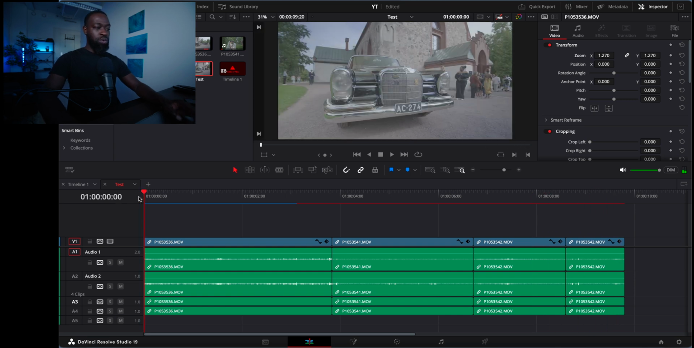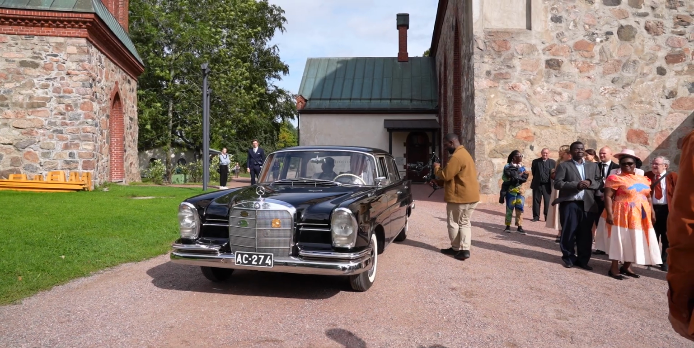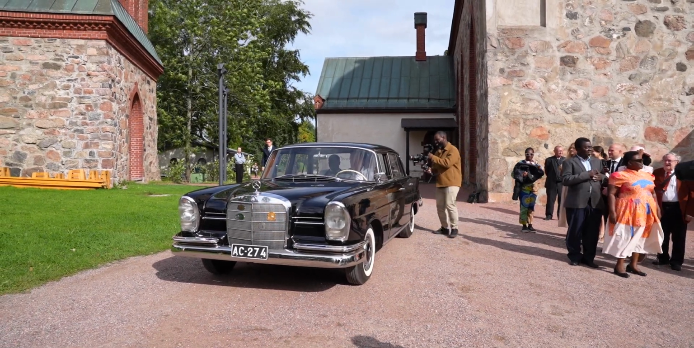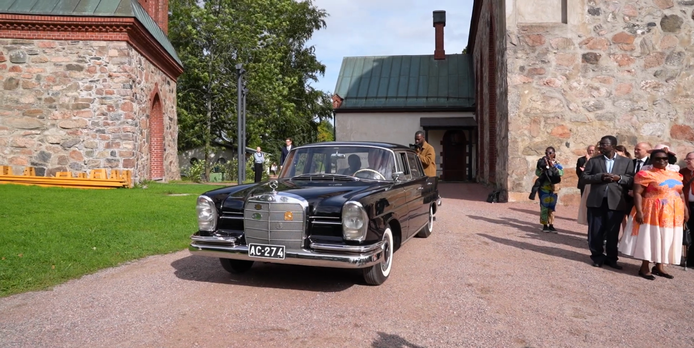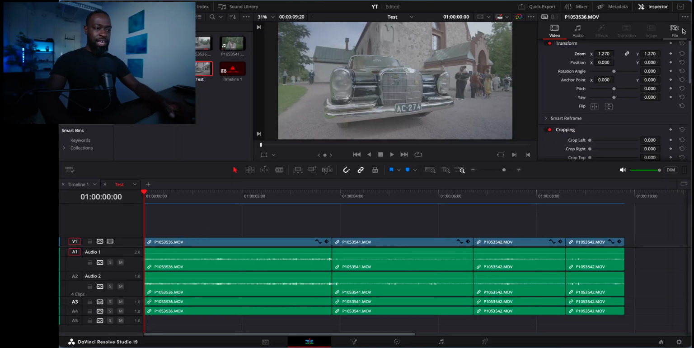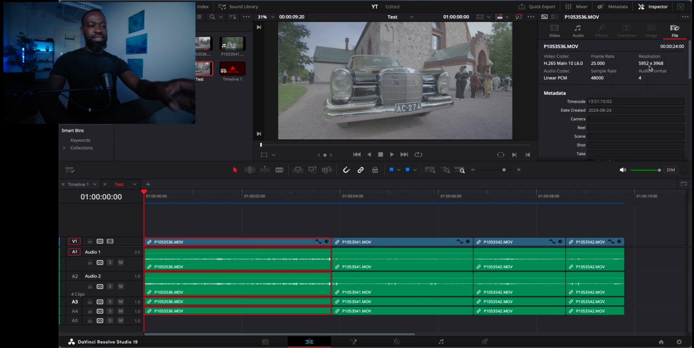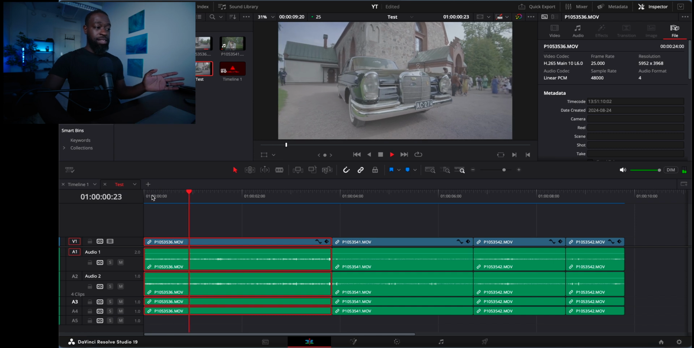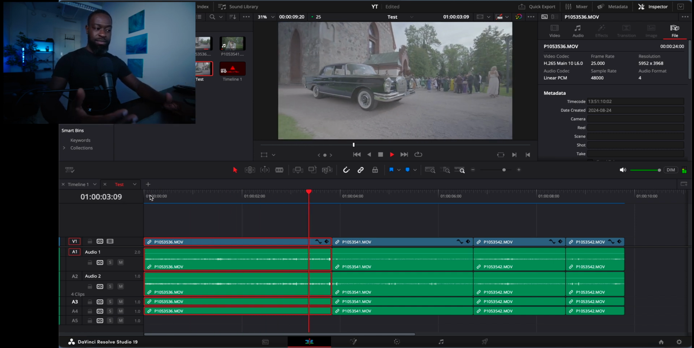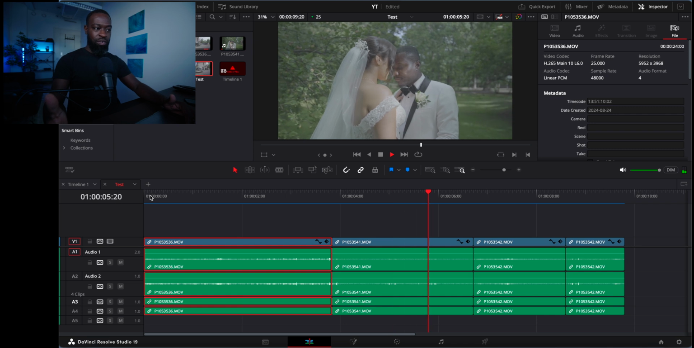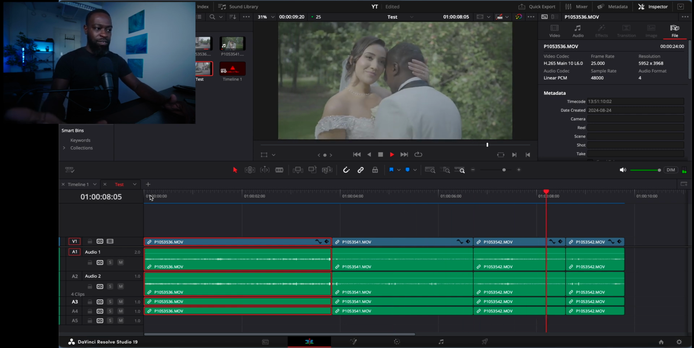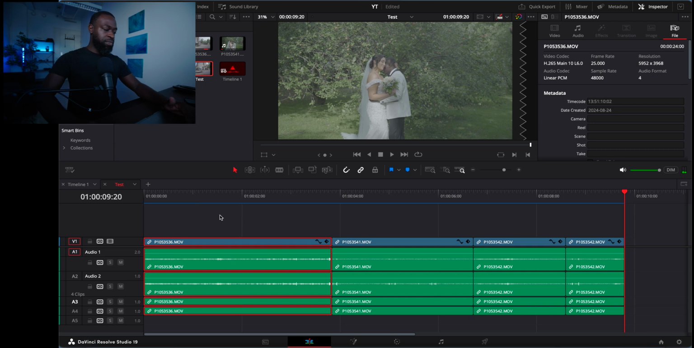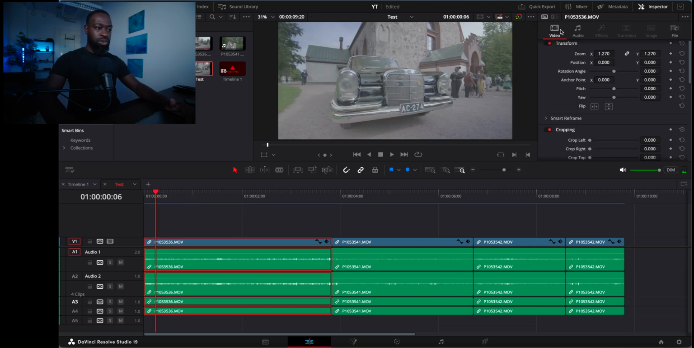Perfect. So this is a wedding video that I shot I think 2 weeks ago. It's my friends' wedding, and if we click on it and go in the file, we can see that this is a 6K. It's filmed in 25 frames per second, right? So if I play it, you see it's playing normally, as all of it is filmed in 25, right? Okay, so what we need to do now is to go in video,